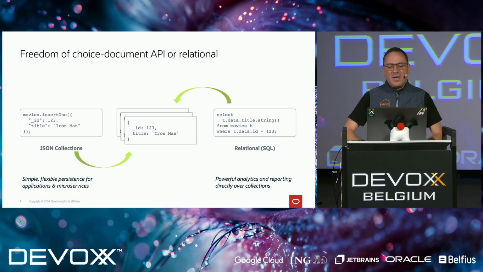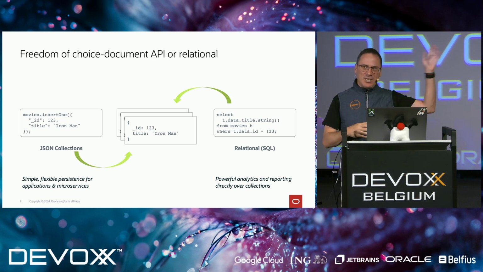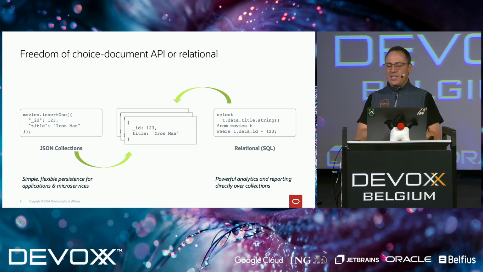So when you are dealing with JSON documents, you have choices. You can use a collection API or a document API to grab information or manipulate data from a document, which is the one you see on one side of the screen. Or you can also use SQL statements like on the other side of the screen, where you can use projections. You can navigate the graph of properties inside a document just using the dot notation. So it's not like you only have one choice. You have at least two choices. That's good.